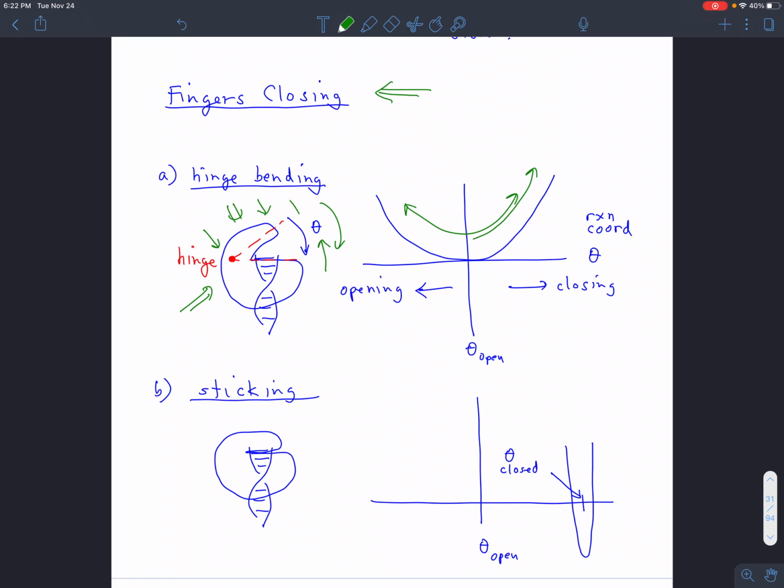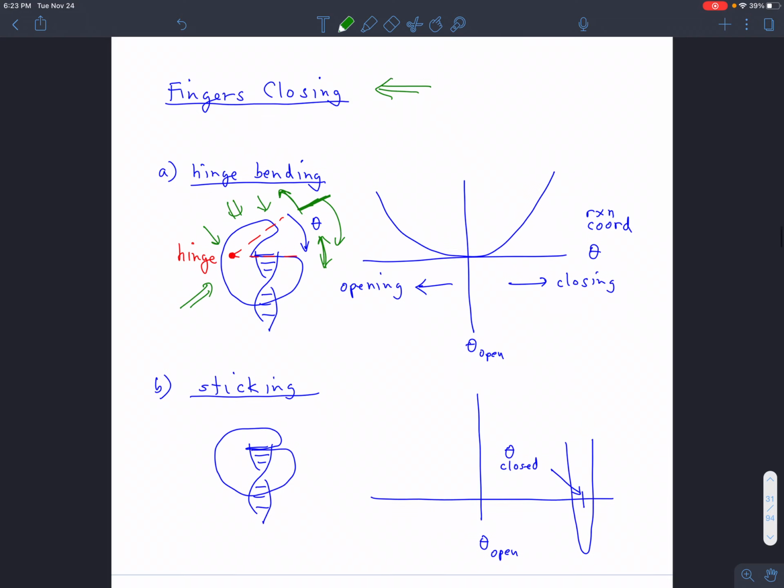On the other hand, if we were to bend the fingers domain backwards, we'd also be going up in energy, right? When we start out, it's right where it's happiest. That's why it's sitting there. If we bend it either way, we're going to increase the energy of the overall thing. It's going to take some work, take some energy to bend it either way. And so it looks more or less like this quadratic harmonic oscillator potential. It's a very broad one, though, because the distances that we're moving here are quite large compared to atomic dimensions anyway. They are on the range of nanometers rather than